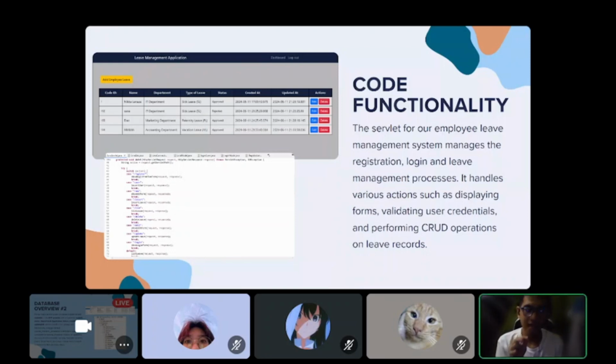The servlet acts as a central controller in our employee leave management system, leveraging Java Servlet technology to handle user registration and authentication through our registration DAO presented in our code and login DAO respectively. It seamlessly integrates CRUD operations in our LMA DAO for managing leave records, wherein the servlet dynamically processes HTTP requests